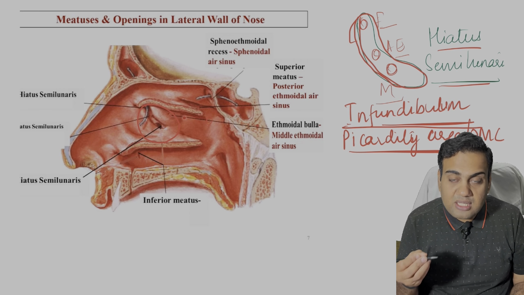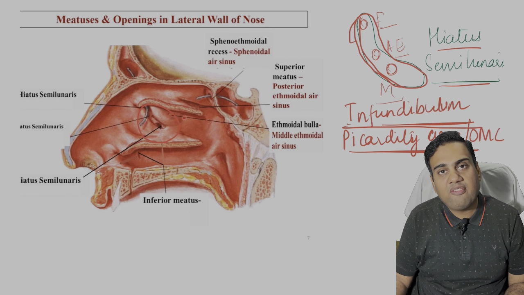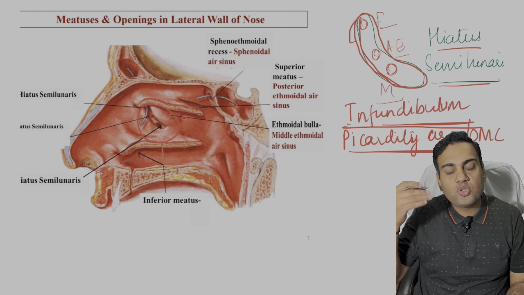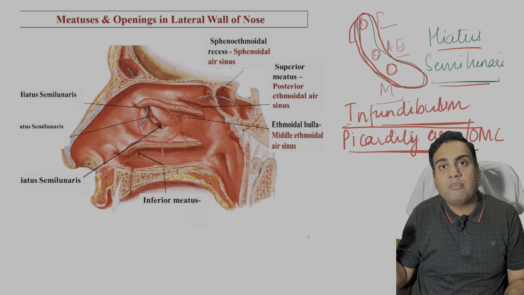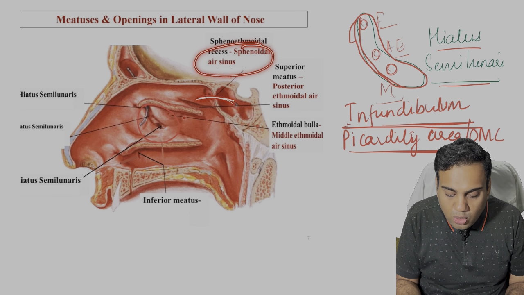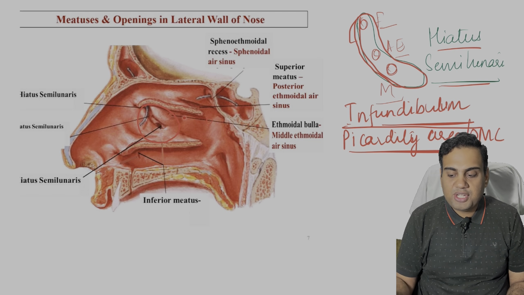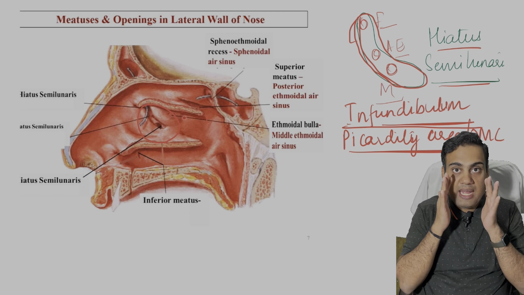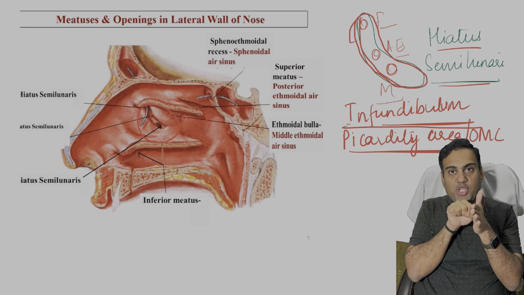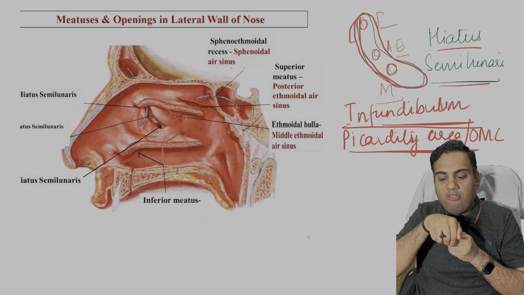The other thing that is very commonly mistaken by the students, and some books also have misprinted it, is that the superior ethmoidal... superior turbinate or superior meatus is where the sphenoethmoidal recess and the opening of the sphenoid ostium open. Try to understand this: if this is my nose, then these are the two lateral nasal walls of my nose, and the sphenoid bone is behind. So the ostium coming from the sphenoid bone is in the third dimension,